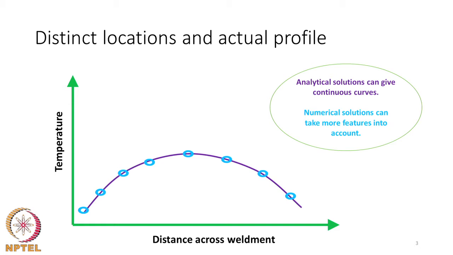Analytical solutions are subject to a number of limitations. For example, they do not take into account the variety of heat sources that are possible in welding and the variety of heat removal processes that take place. And also fluid flow is completely avoided in analytical solutions because it is practically impossible to derive an analytical solution in welding taking the fluid flow into account. So, therefore, if you want a more realistic solution for welding, then you must go to the numerical solution procedure,